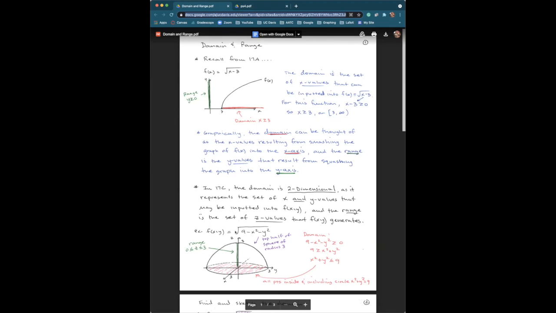If you're looking at this function, f of x, y equal to the square root of 9 minus x squared minus y squared, there's a lot of ways to think about it. And he did an example very,